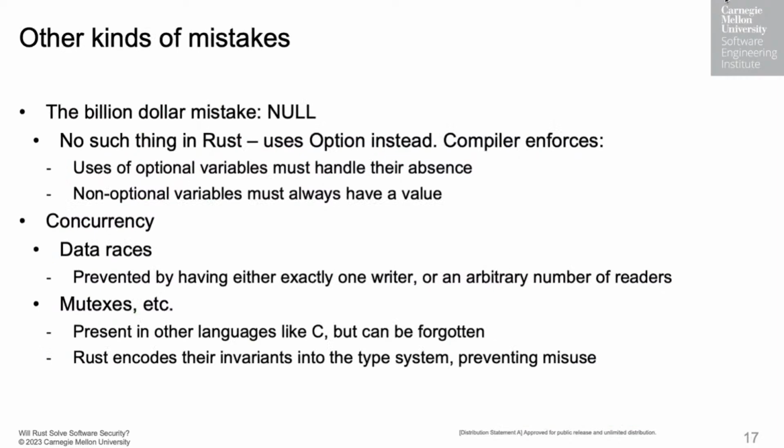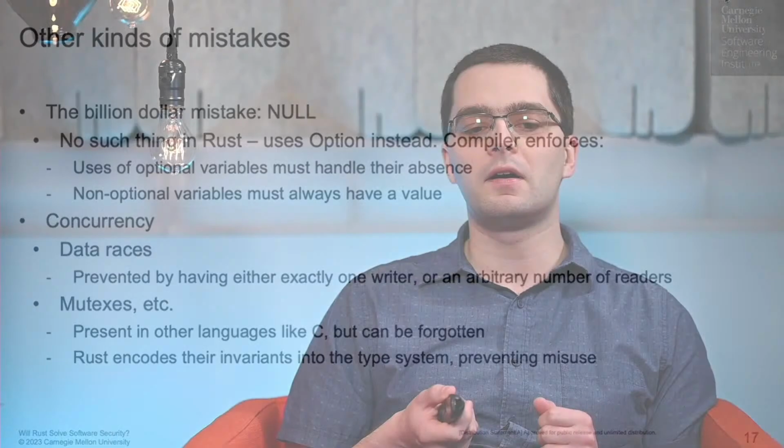So a couple of other mistakes that Rust helps you avoid is Null. The existence of Null is the billion-dollar mistake in programming. The idea is there's probably been at least $1 billion worth of problems and lost productivity caused by Null. So in languages like C, any pointer can be Null. In Java, any reference can be Null. And the problems that causes are some variables you never want to be Null, nothing stops someone from making one that anyway. And some variables are, but nothing stops you from using it without a check.